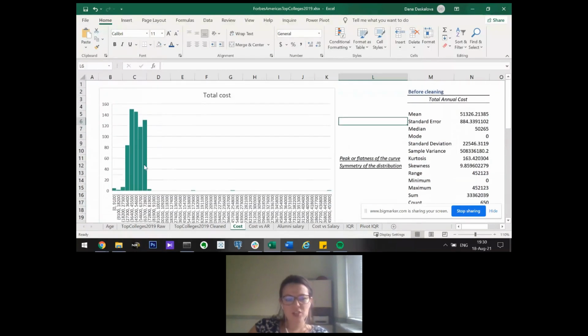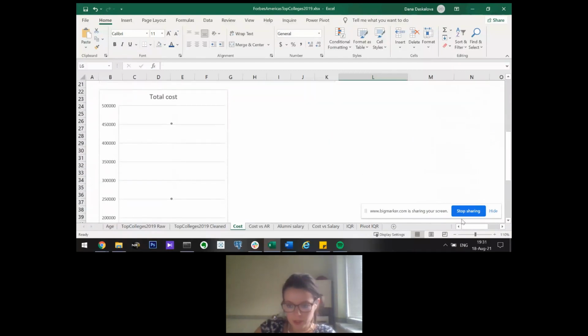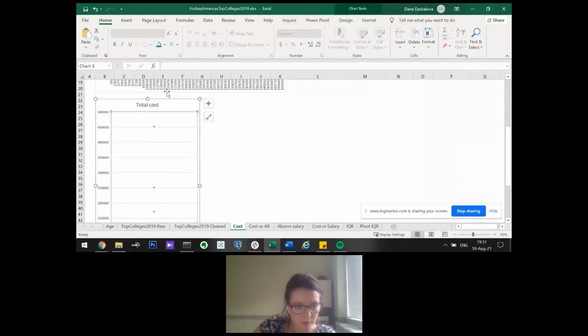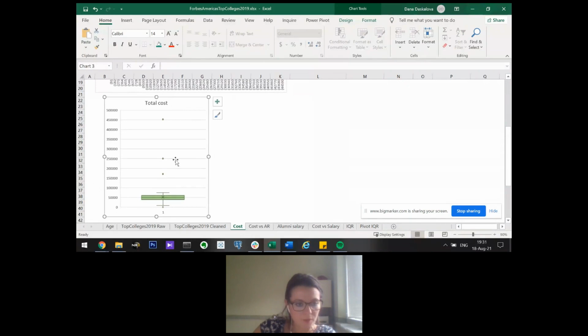So histogram is actually fairly popular and fairly widespread, so you might have even seen one by now. Box plot is something that's, on the other hand, considered to be more a statistical visualization. So this is how it looks like. Just going to zoom out a little bit so that you can see it better. I'm also going to decrease the size a little bit. Okay. So as a start, this may seem a little counterintuitive,